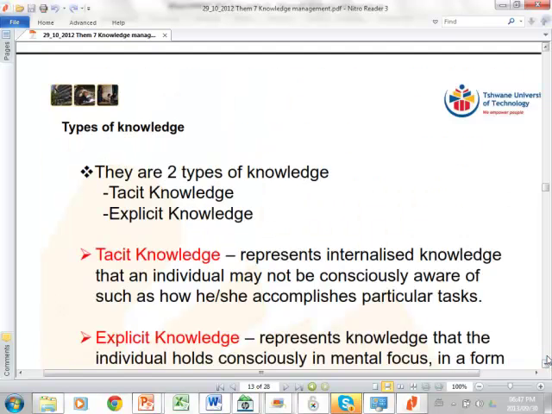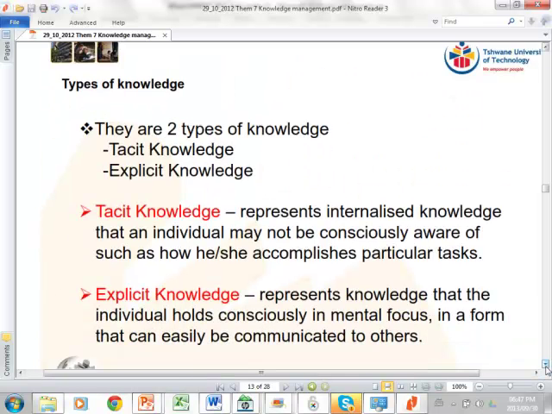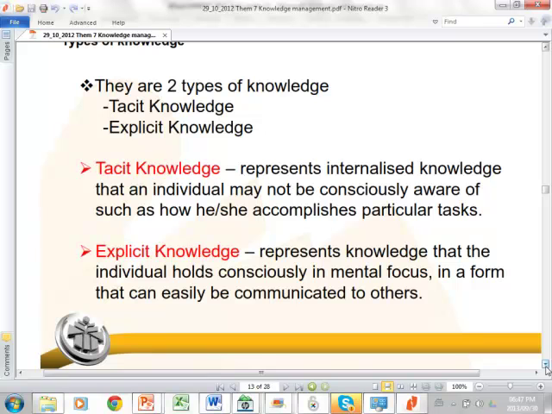Okay, so there are two types of knowledge. The one is tacit knowledge. That is the knowledge that I have in my head. Now unfortunately, if I want to know what knowledge is in Noel's head, I can bring my chainsaw and cut off the top of his head and try to look in his brain, but that's still not going to help me.